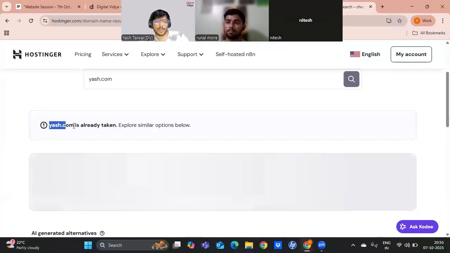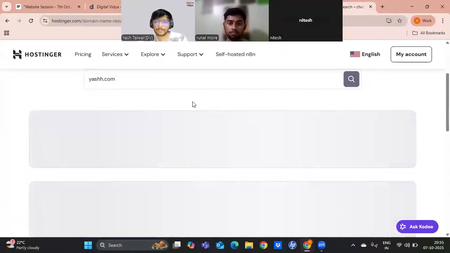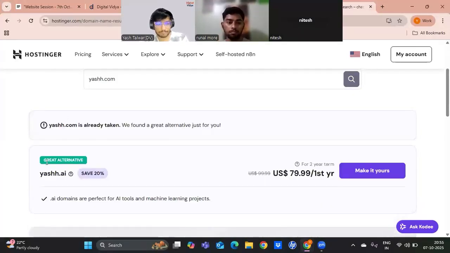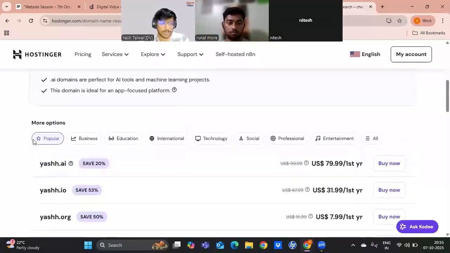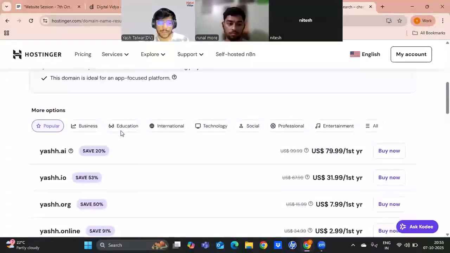So it tells me that this domain is already taken. Now in this case also, you can either change the extension or play around with the spelling. Let's go ahead with double H. Let's see if this is available or not. Okay, this is also taken, but you can find some alternatives below.